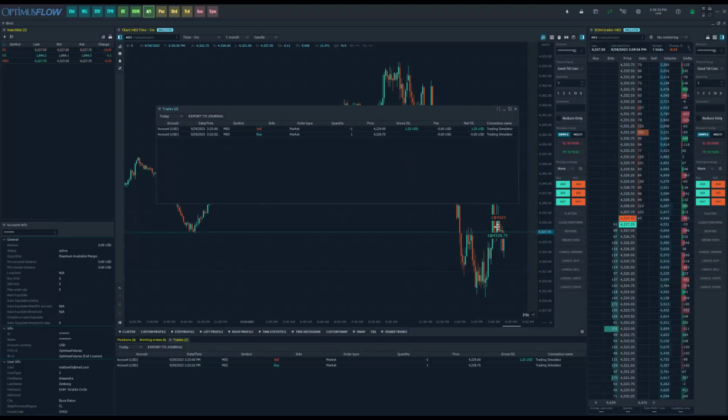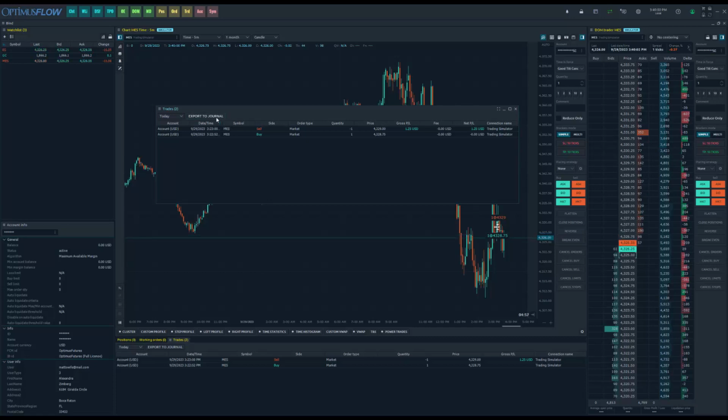Now let's start off with just these two fills for now. I have my entry and exit order. You can see I placed my first initial fill at 43.28 and 3/4, and I sold at 43.29 for a profit of $1.25 on the MES contract. Now, hypothetically, if I were done trading for the day and I wanted to export these to the journal, we have a convenient button right here,